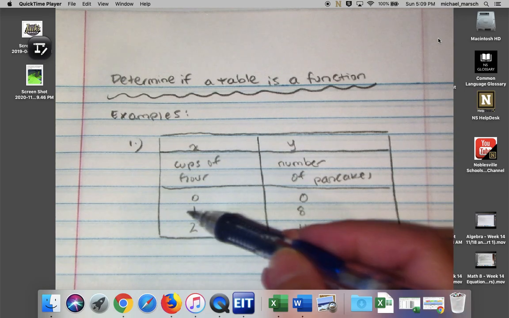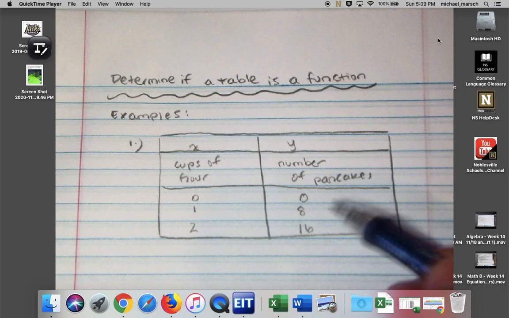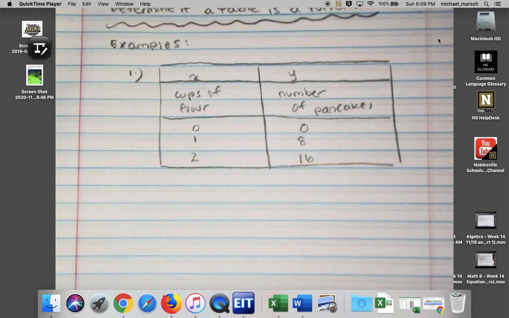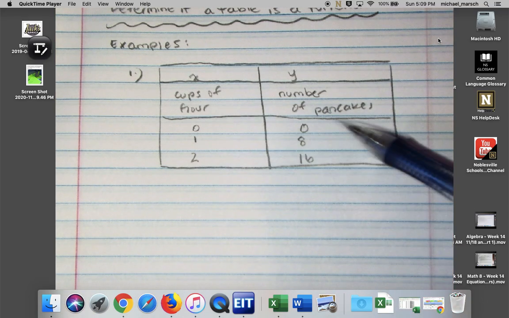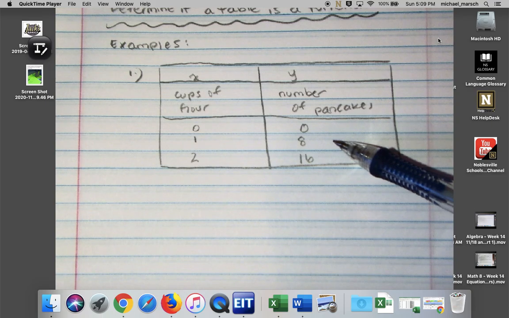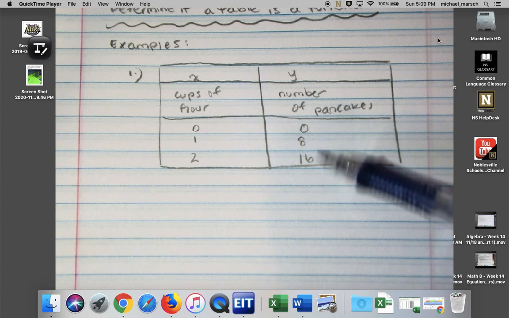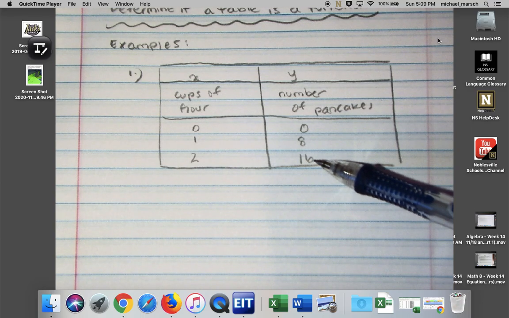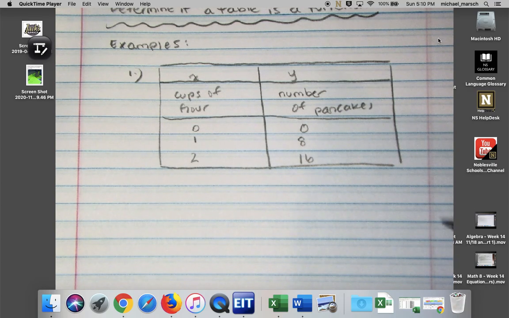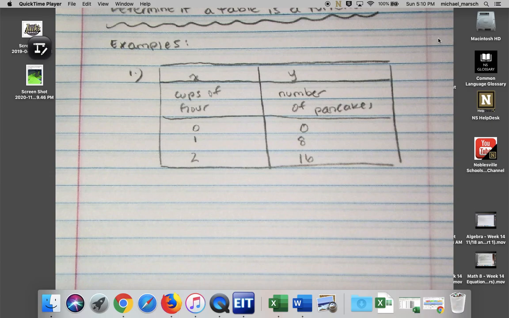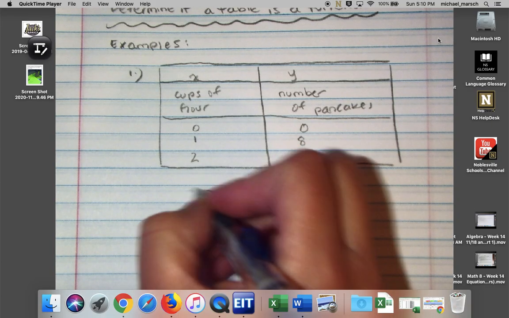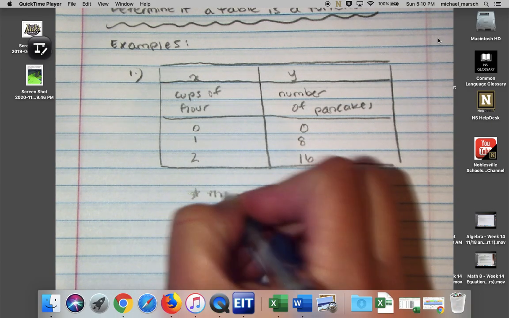Does every input have a single output? Which the answer is yes, right? If I use 1 cup of flour, I'm not going to get also 12 pancakes. That's how recipes work, right? Now, I know some of you are thinking, but Mrs. Marsh, what if you make like really small ones? Okay, pretend like we're using the exact same measurement for every single pancake, right, for the sake of this example. Okay, so our answer here would be, this is a function,